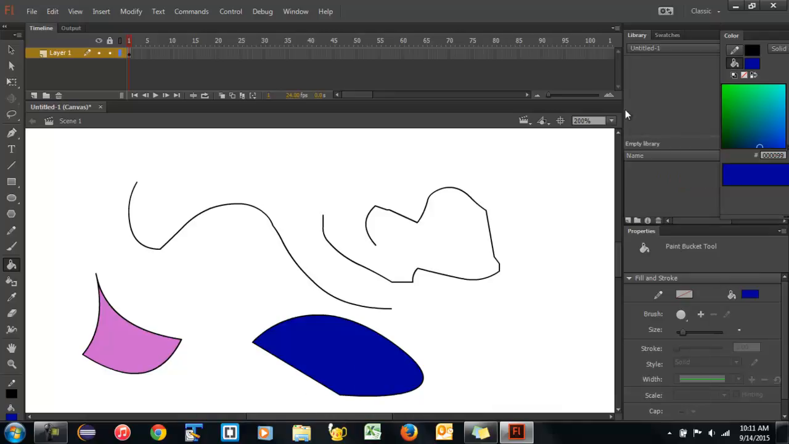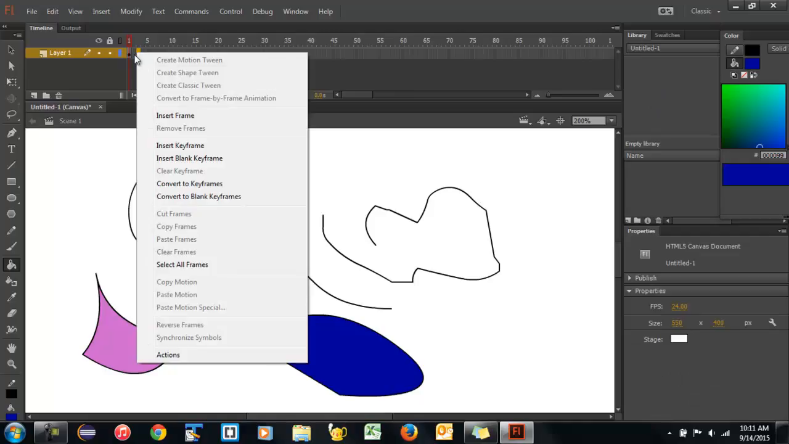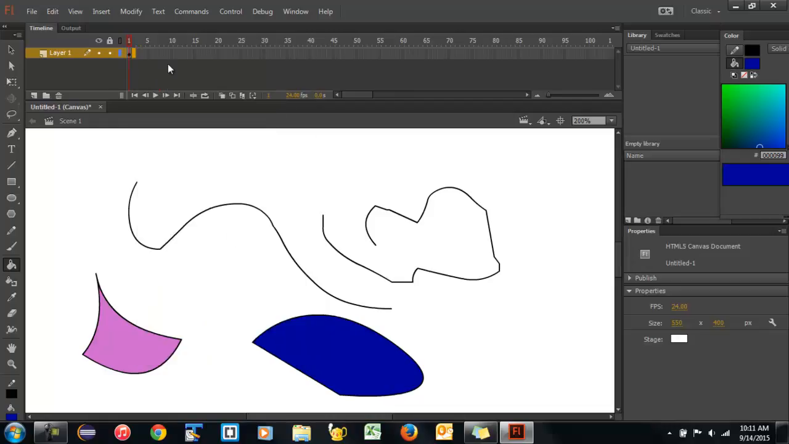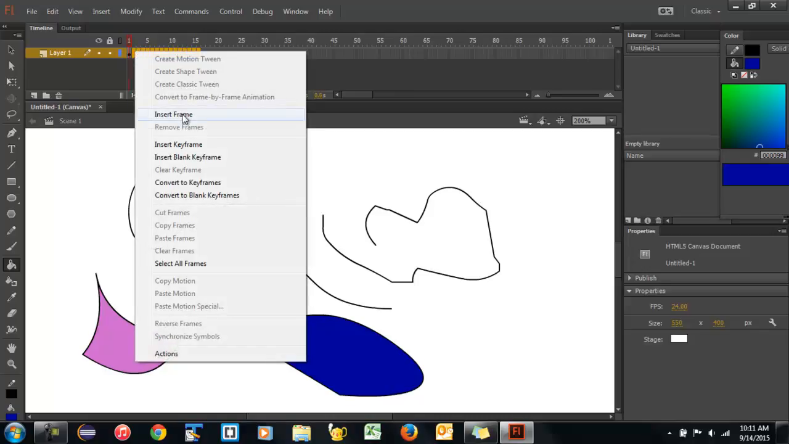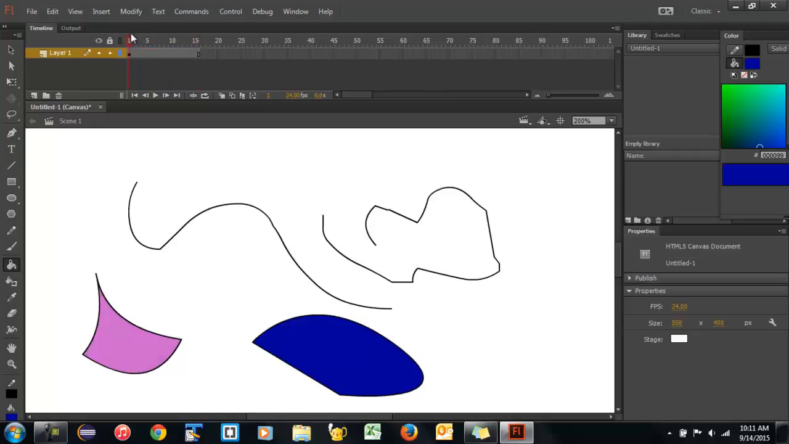If you ever want to make an object into a symbol, it goes into your library. That way you can reuse it as many times as you would like. And of course know that you can right-click and add to your various keyframes and frames. Keyframes are what you use when you're going to have something move, but if something's going to stay the same and be sort of a static image over multiple frames, you can just go to Insert Frame and notice nothing